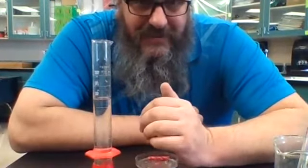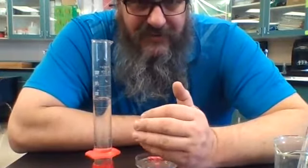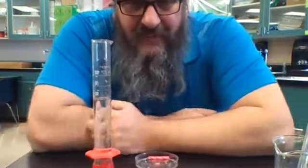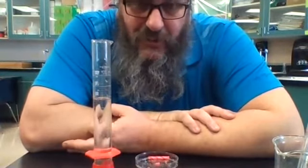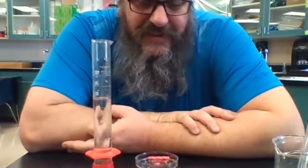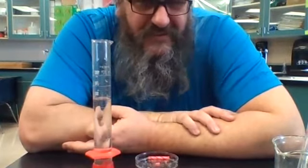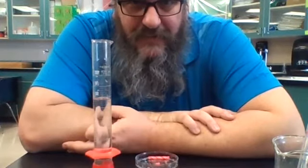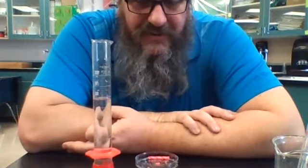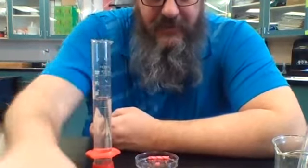So I'm going to repeat this experiment a few more times just to make sure, but I think we've seen that the atmosphere seems to be approximately 21% oxygen. 78% nitrogen would be the rest, plus that 1% of various other things. And that also might be throwing us off because some of those might be flammable too. But quite honestly, right around 21% is a darn good calculation. I think we've demonstrated